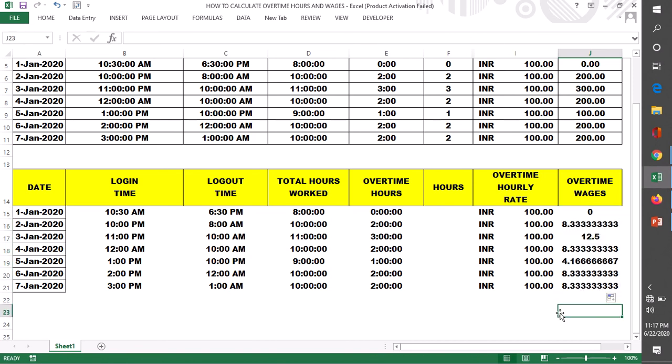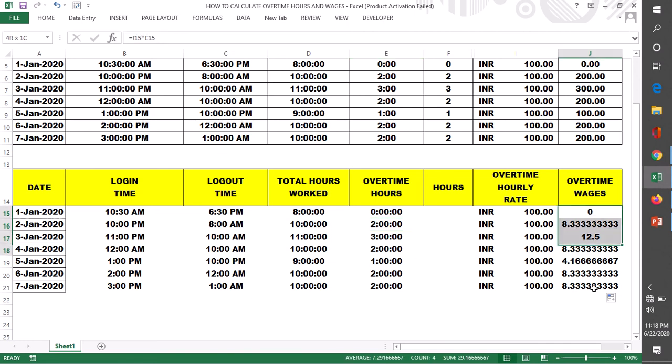But this is what we are getting, overtime wages. So why are we not getting the answer? It is simple, 2 into 100. Excel should return the 200 or 300 or 100, but here we are getting the error.